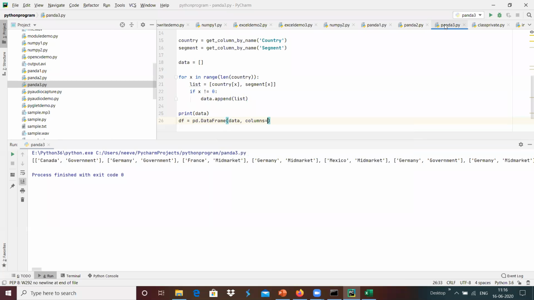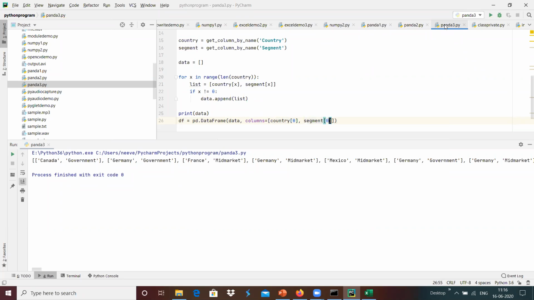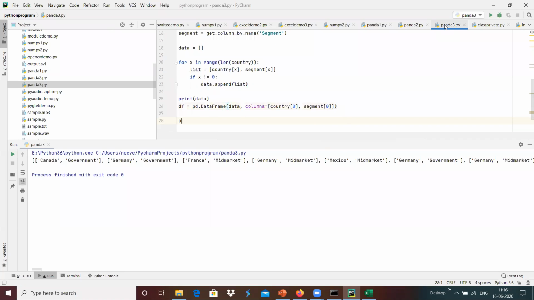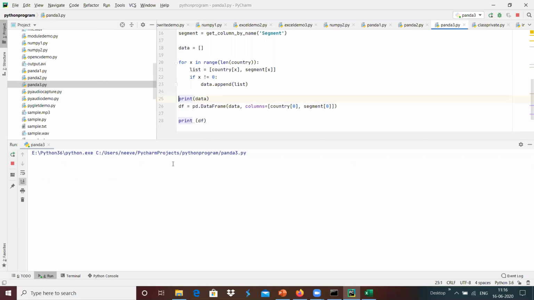The columns I'm going to create with the help of country of 0, comma, segment of 0. That will provide it, and I'm going to print df over here. Maybe I will comment this. Yeah, maybe let it be. Whenever we run this command, we will see.